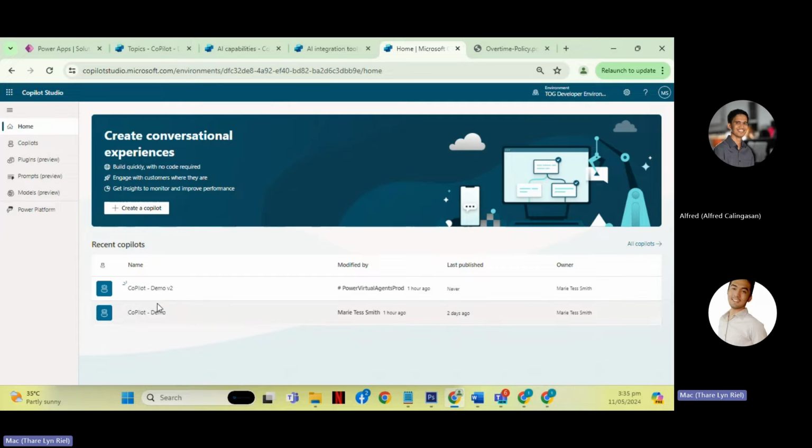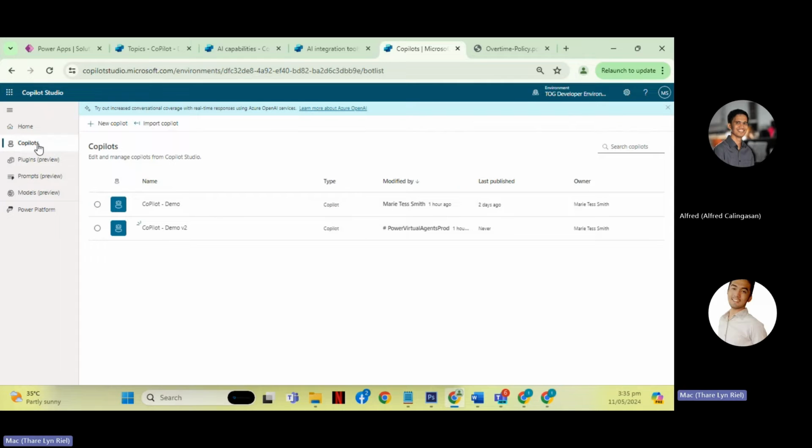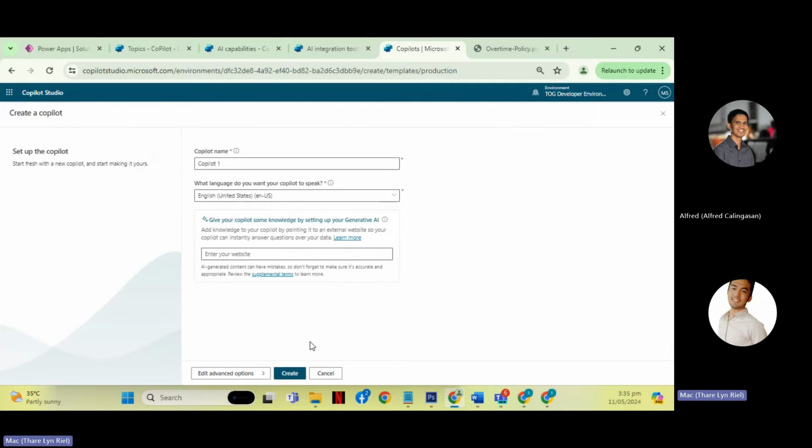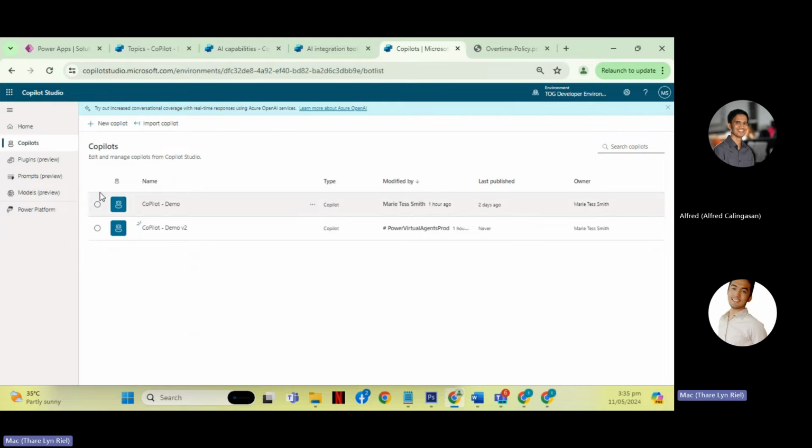I already created 2, so that's what you see. You can create a copilot by clicking here, or by clicking on Copilots in the left navigation and then clicking New copilot.